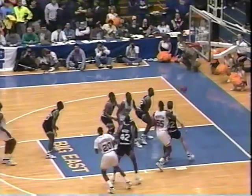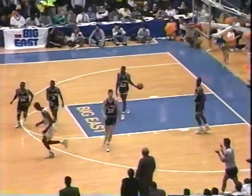This one would give Pitt back the lead. Six for Brooklyn, 3:24 to go here first half. Pittsburgh by